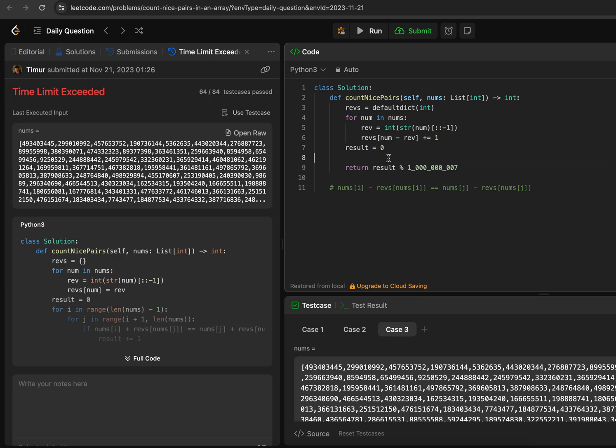Now we have count of differences in refs, and we need to count the total number of combinations of pairs. And also we don't need the exact amount of difference, we need only counts. So for v in refs dot values, so we need only values of dictionary refs,